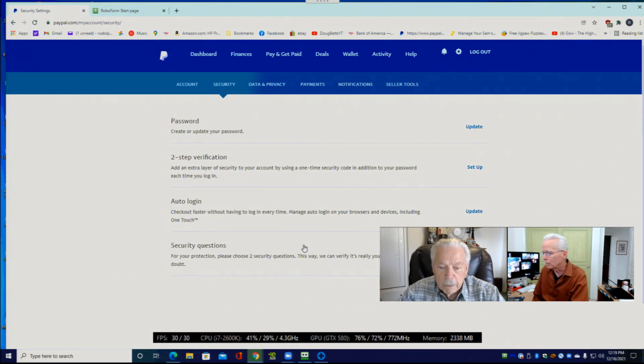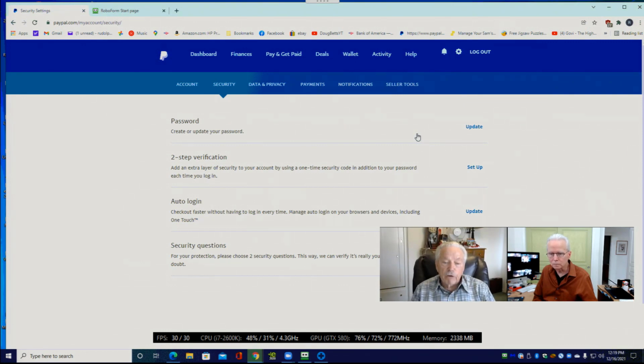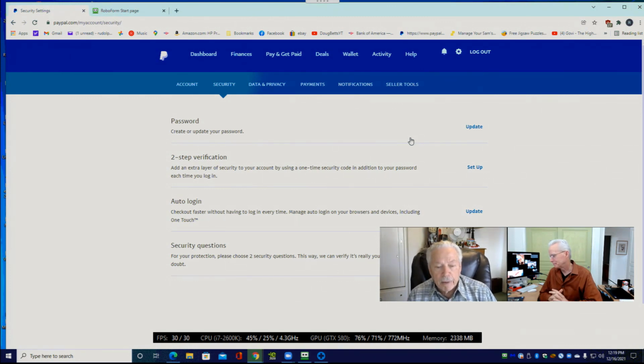Right. So that can be a two-edged sword. Yeah, I've done a lot of them with different ones on those security questions, and I've had to use the same things many times because some of the questions that they want me to use don't apply to me, or I'm not comfortable with. So if I don't have to use that, I won't.